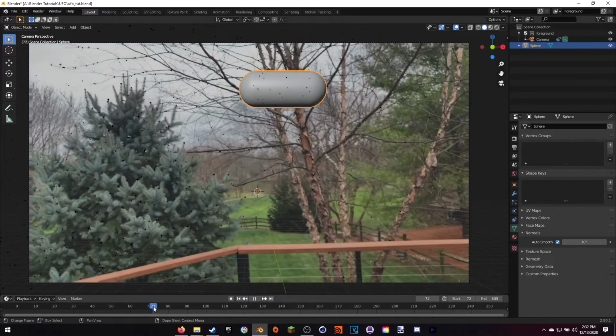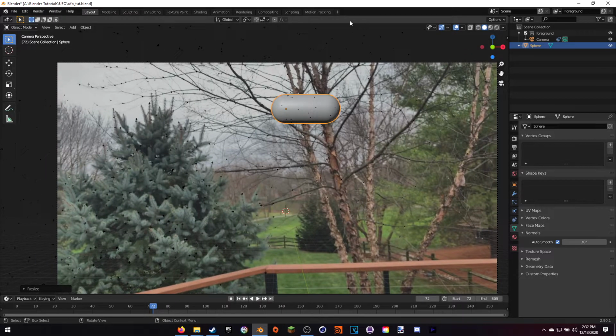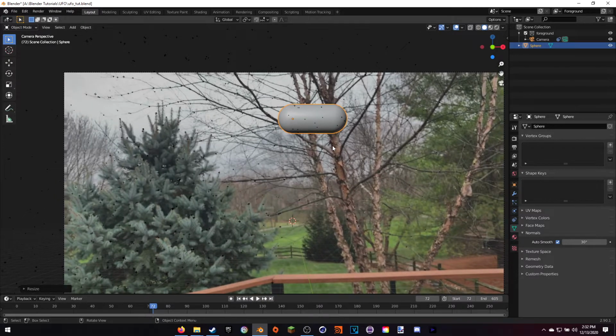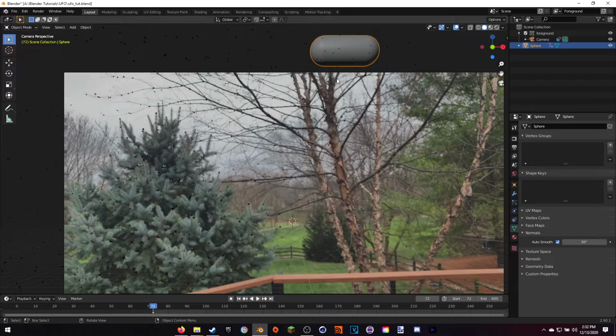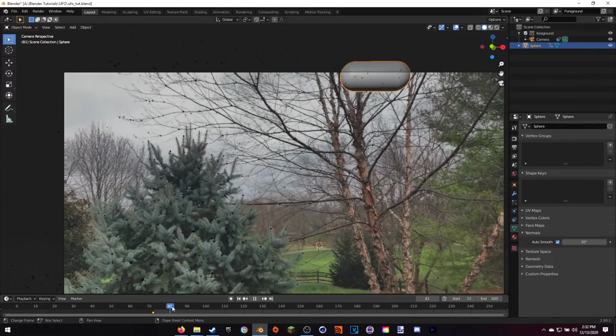Now we actually want to animate the UFO, it coming in and everything. So first of all, let's actually set the UFO to be up here. I want the UFO to basically come in here and then kind of do a little sweeping run down here. To do that, we're just going to hit G, Z, move it up like that, position it right around here. Then we're going to hit I for a location keyframe,